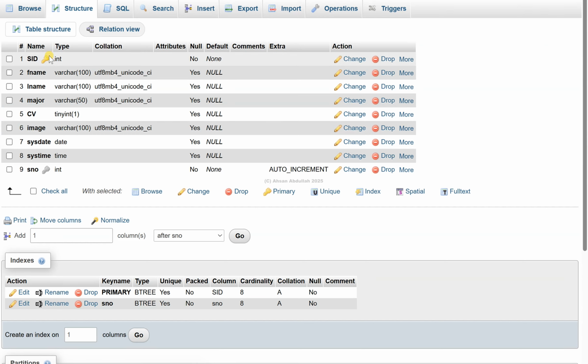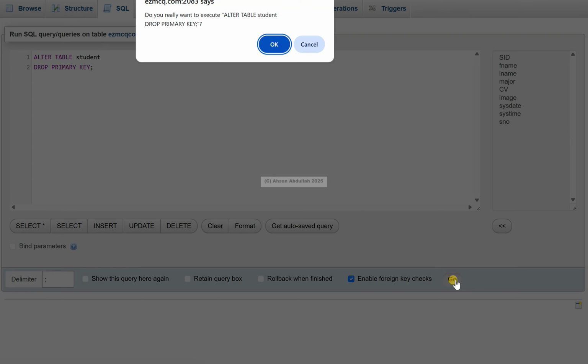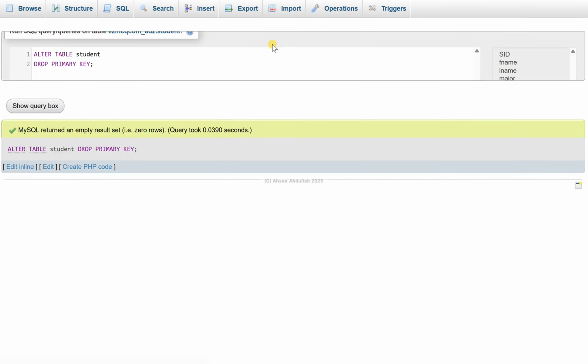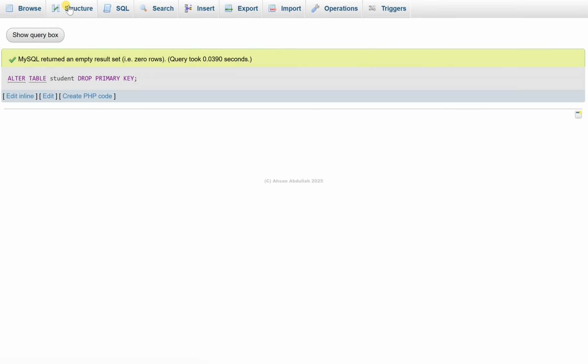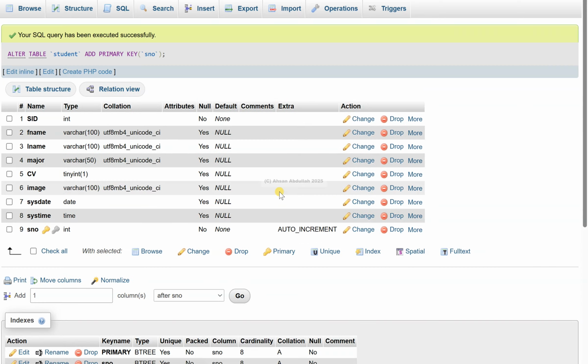so we need to drop SID as the primary key. I go to SQL, okay, and I write: alter table student drop primary key. So run this query, okay. So look at the structure. SID is no longer the primary key. So we want serial number to be the primary key, and I make it the primary key. Okay. So it is the primary key, and